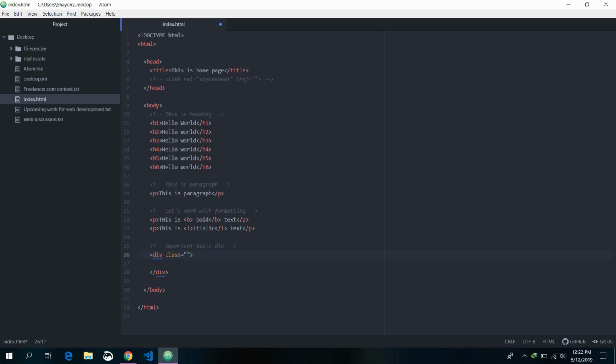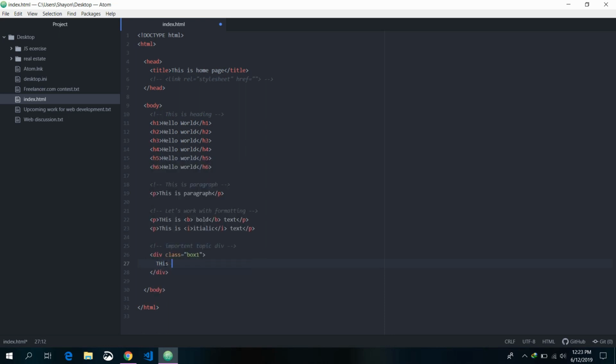You see, this is an attribute of class. I'll name it box one. When we will style our website with CSS, this class we need to include inside the CSS file. We need to include this class. So we are making this. Okay,